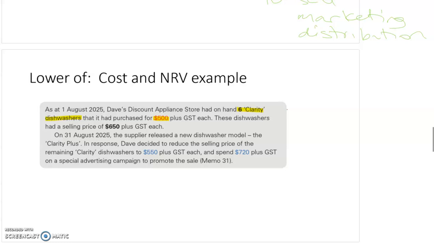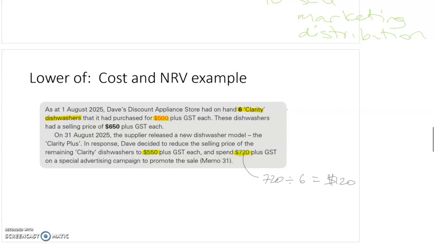However, at the end of August, a new model has been released, and to get rid of this older model, the business has decided to discount it, but also implement a special advertising campaign. So we have here 550 is our new estimated selling price, which is still above the cost price of 500. However, we have this marketing campaign, a direct selling expense of $720, and 720 divided by 6, the 6 dishwashers that we do have means that each dishwasher has a direct selling expense